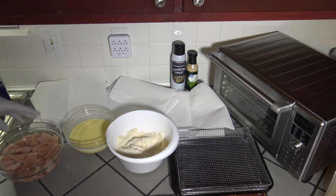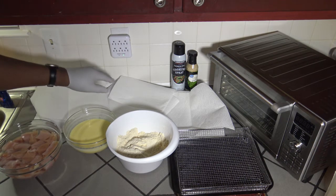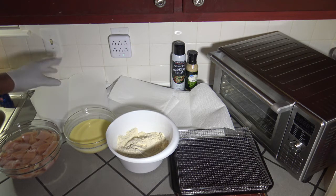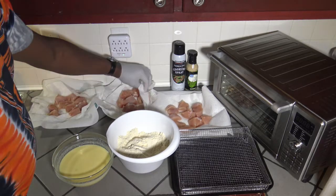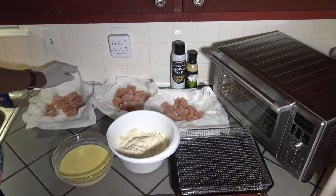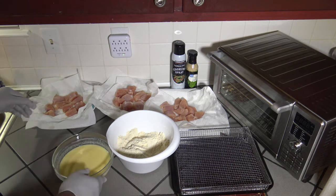But to start, for where I'm at now, I'm just going to get these boneless wings out, get them on some paper towels, and get the exterior dried off. I'm not going to squeeze them dry, just get the exterior of them dried off. Okay, so I've got these boneless wing pieces lightly dried off on the exterior